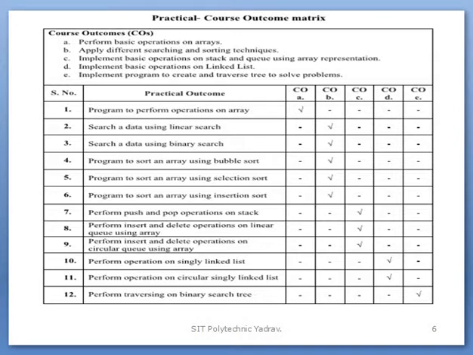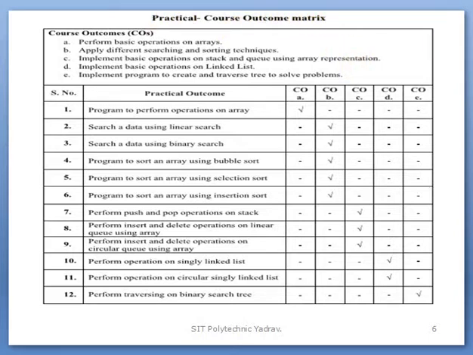I hope all of you have downloaded it. Any remaining students should download it as early as possible and attend the practical session. Now this is the practical course outcome matrix.